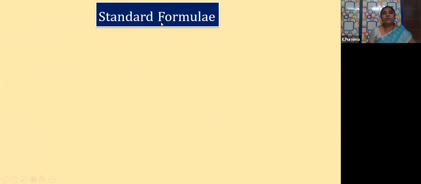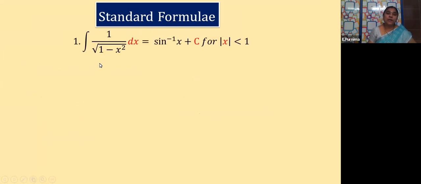That is the new formula which you are going to learn in this class. First one is integral of 1 by under root of 1 minus x square dx. Here what is the function, children? 1 by under root of 1 minus x square. Means if any function is in this form, 1 by under root of 1 minus x square dx is equal to sine inverse of x.